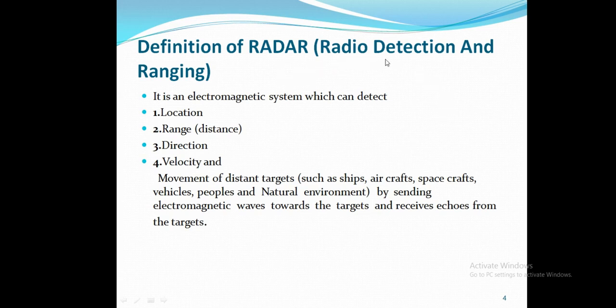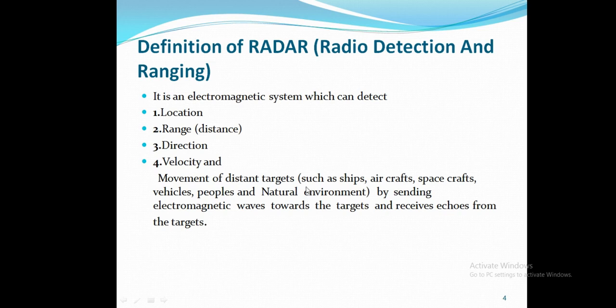Radar means radio detection and ranging. Okay. So it is an electromagnetic system. Radar is an electromagnetic system which can detect the location, range. Range is nothing but a distance of the target from the radar station. Next one is direction. Next velocity and